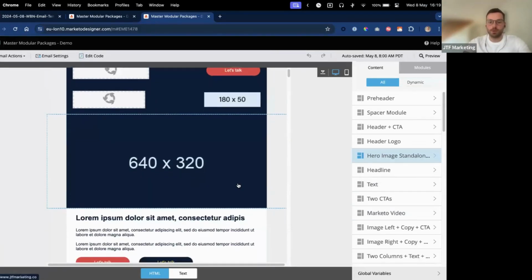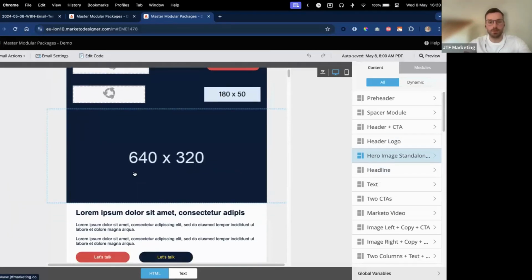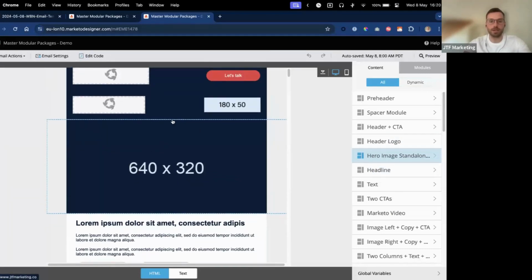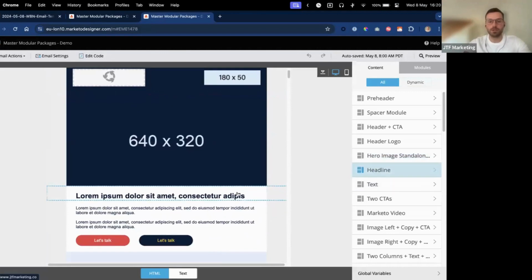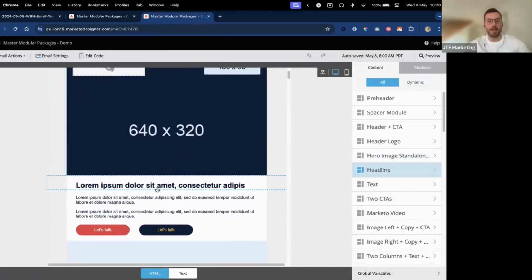What you can then do is layer up. You can see as I hover over sections, it kind of highlights that section. So you get this blue dotted line around this image in this instance. You can then layer up sections to create bigger modules. So one thing that we have done in the past is create big modules that have header images, headlines, calls